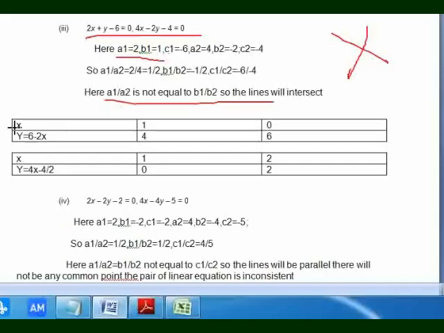Okay, so put the value of x as 1. So 6 minus 2 into 1, that is 4. Next, put the value of x as 0. So 6 minus 2 into 0, that is 0. So y will be 6. So for the first equation we are getting two coordinates, that is 1, 4 and 0, 6, and